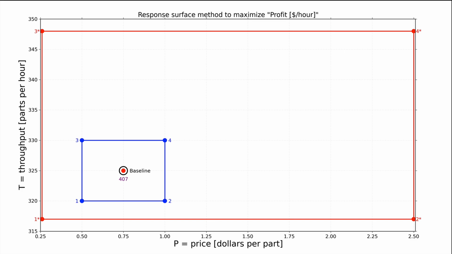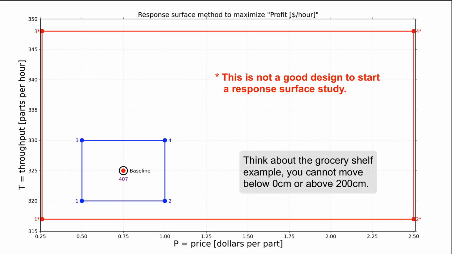Never run your first experiments at these extreme points, because remember, it will likely violate the previous rule of nonlinear behavior. And secondly, the whole point of this optimization is that you move outside the box. If you are already at the extremes of the box, you cannot move outside of it. And lastly,